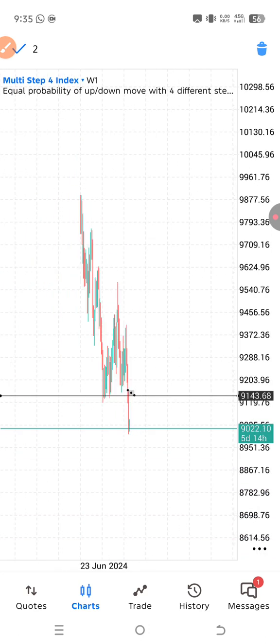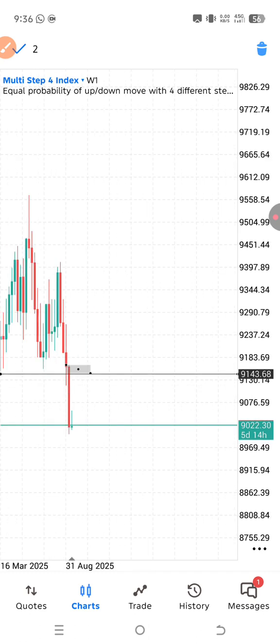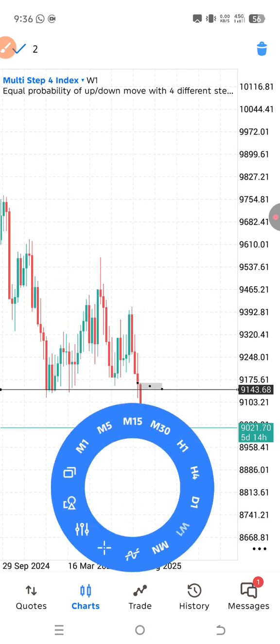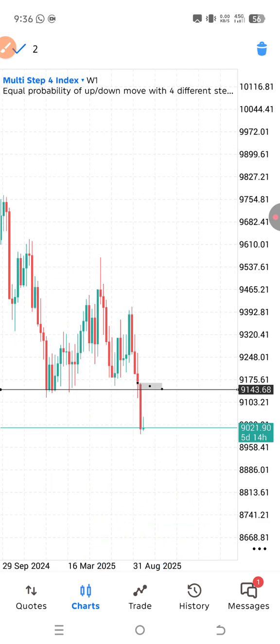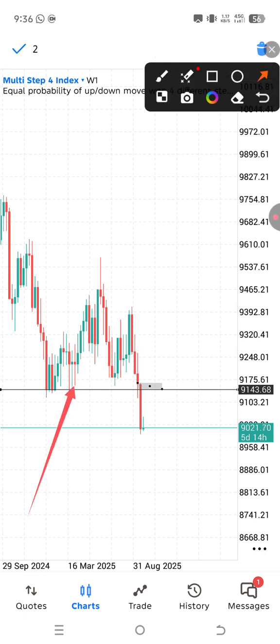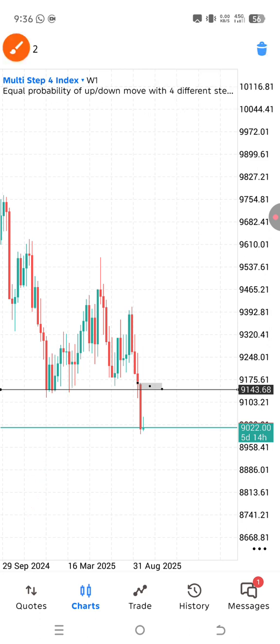Weekly was also giving us the same downtrend. Then we scale it down further, and we realized that this support was broken. This support line was broken. All right, so once it is broken, we wait for price to retrace back to